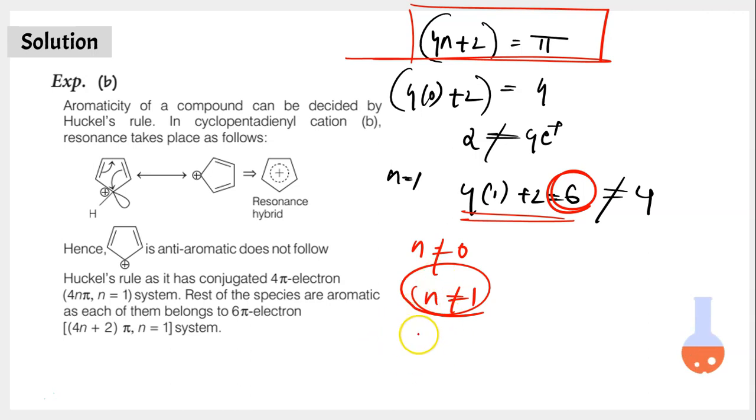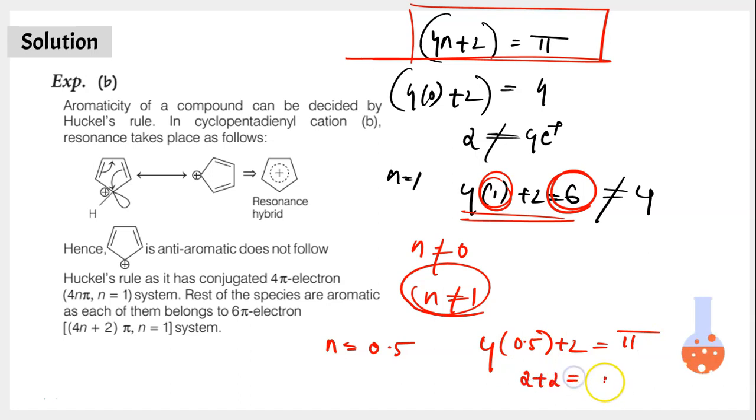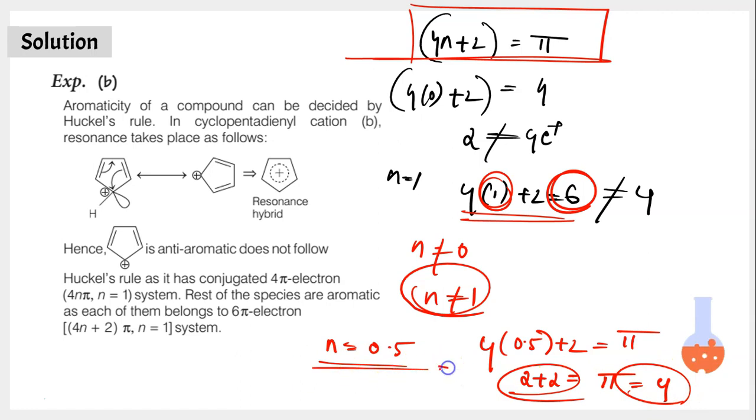And when can this be equal? It will be equal if I can take the n value to be a fraction. Instead of taking 1, try taking say 0.5. If n is equal to 0.5, then 4 into 0.5 plus 2 is equal to pi electrons. 4 into 0.5 is equal to 2. 2 plus 2 is equal to the total pi electrons. And in this molecule, the total pi electrons is equal to 4. So the equation is getting solved when I take the n value to be 0.5. If the n value is a fraction, the molecule is non-aromatic, right? The molecule is not aromatic. It can be anti-aromatic. It can be anything else, that's all different, but then it is not at all an